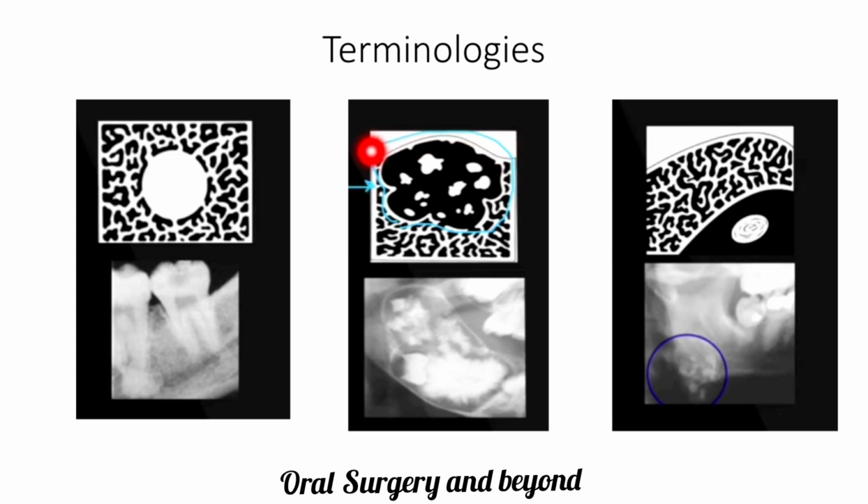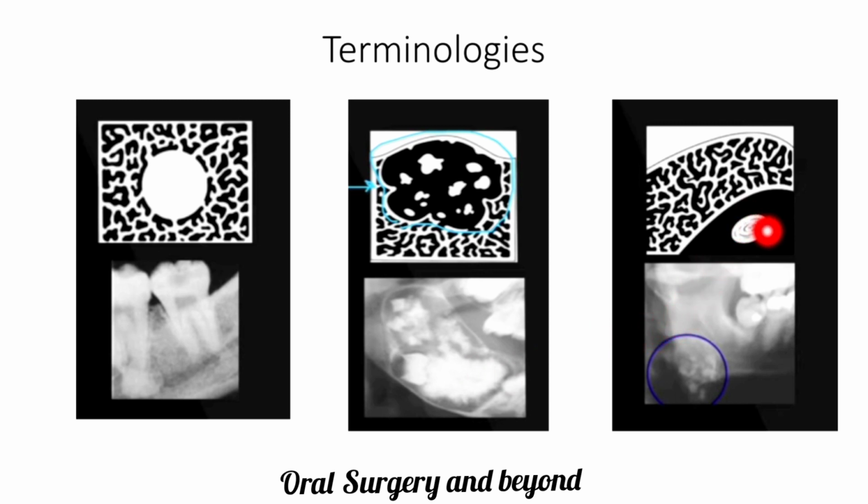Here a multilocular radio opaque border with small radio opaque pathologies. Like here also we can see multilocular well corticated well defined margins, with inside an impacted tooth bud and a radio opaque calcified pathology. The differential diagnosis of such pathology and case report we will see at the end of these terminologies, right?